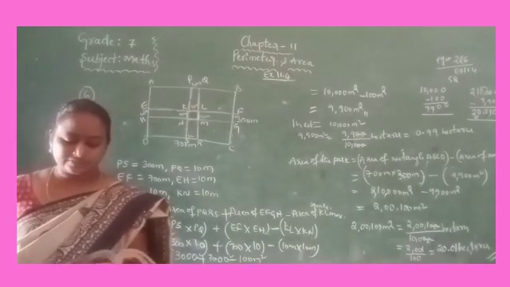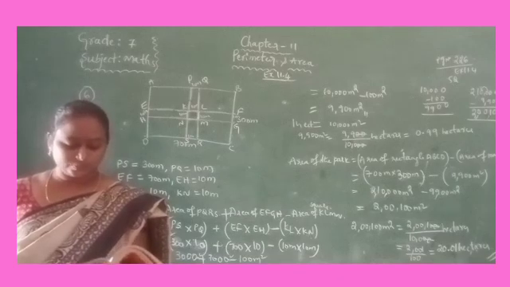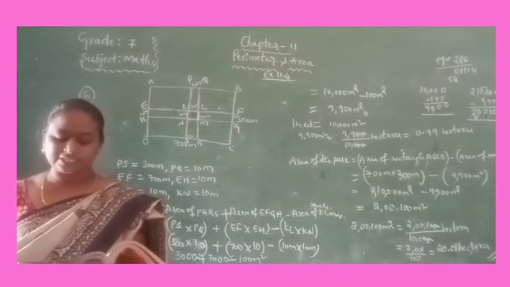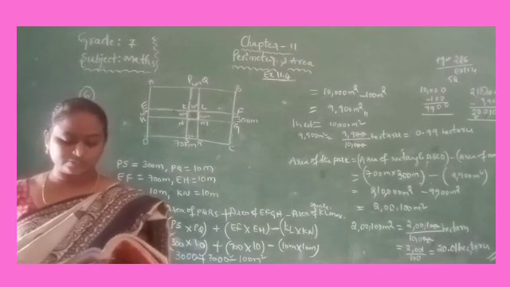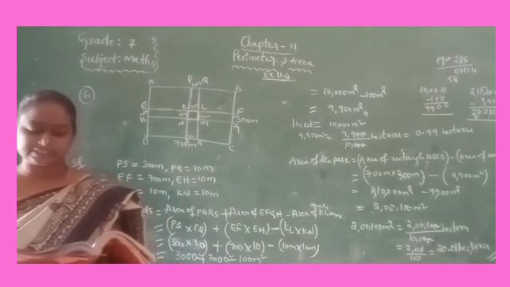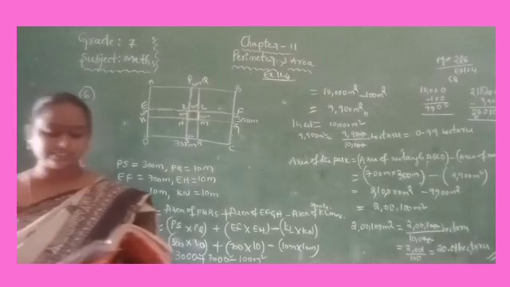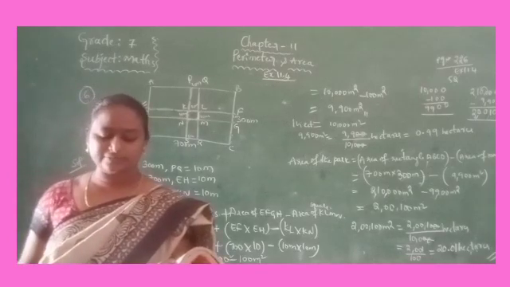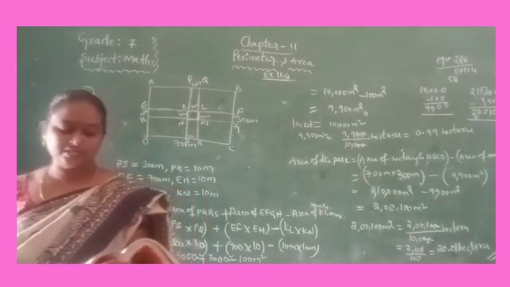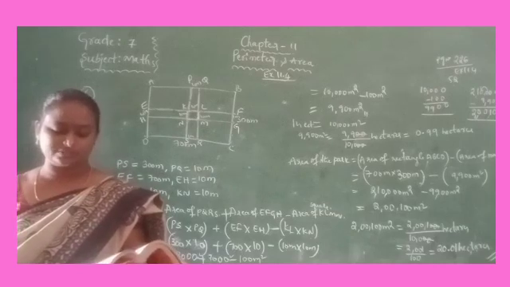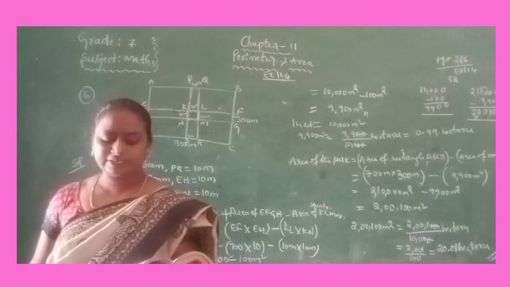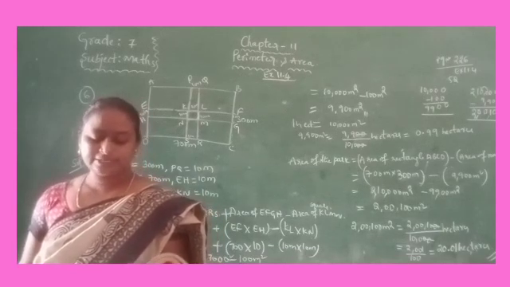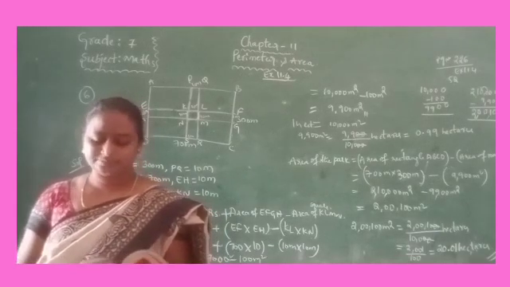So 7th one, see, through a rectangular field of length 90 meters and breadth 60 meters, two roads are constructed which are parallel to the sides and cut each other at right angles through the center of the field. The width of each road is 3 meters. Find the area covered by the roads. And the cost of constructing the roads at the rate of 110 rupees per meter square.